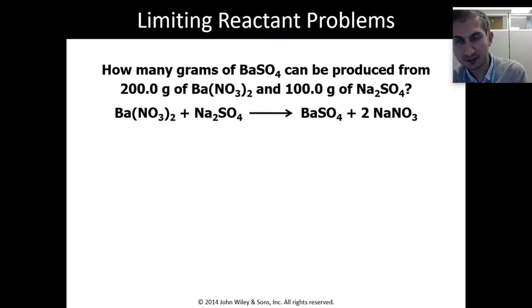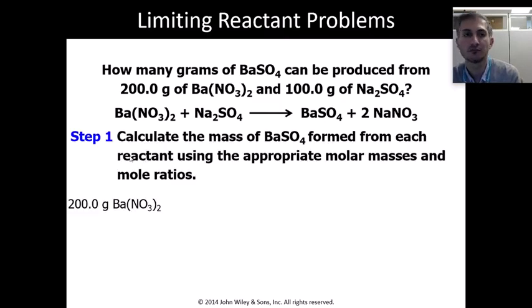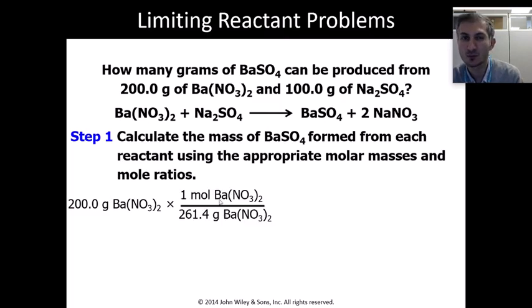If you solve that, you should have a strategy like this. We start to solve this problem twice. We start with this and see how many grams of products can be produced. Another time, we start with that and see how many grams of products can be produced. So, we start with 200 grams, convert mass to mole using molar mass,